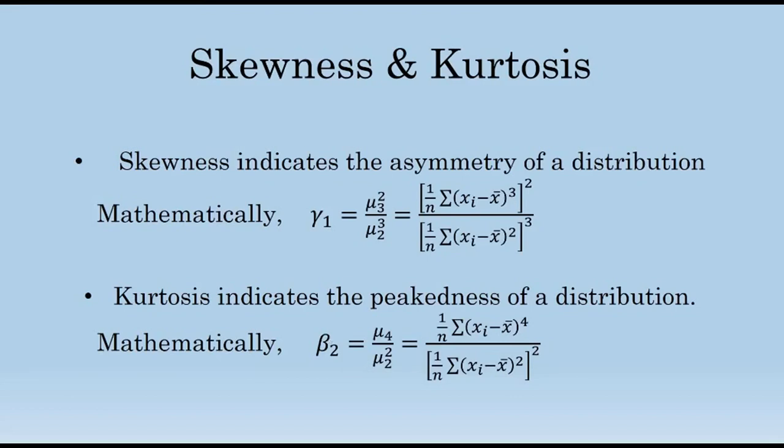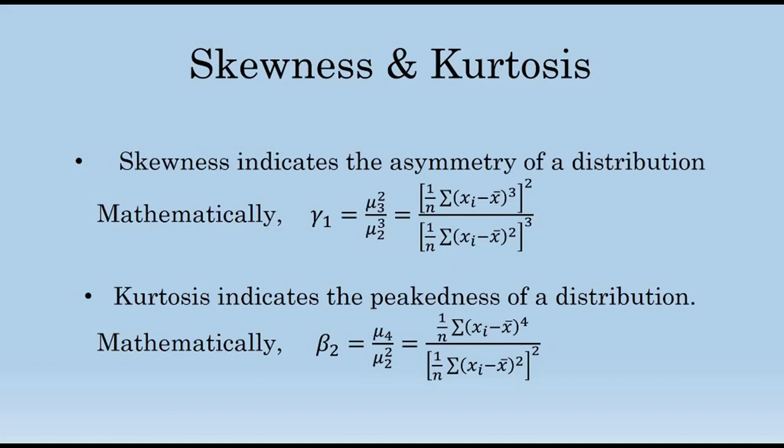Now we move into the skewness and kurtosis part. Skewness indicates the asymmetry of a distribution. That is how asymmetric the distribution of the dataset is. Mathematically, sigma 1 is equal to mu3 square by mu2 cube, where mu3 and mu2 are the central moments. So mu3 is 1 by n summation (xi minus x bar) whole cube, and the whole thing to the power square, and mu2 indicates 1 by n summation (xi minus x bar) whole square,